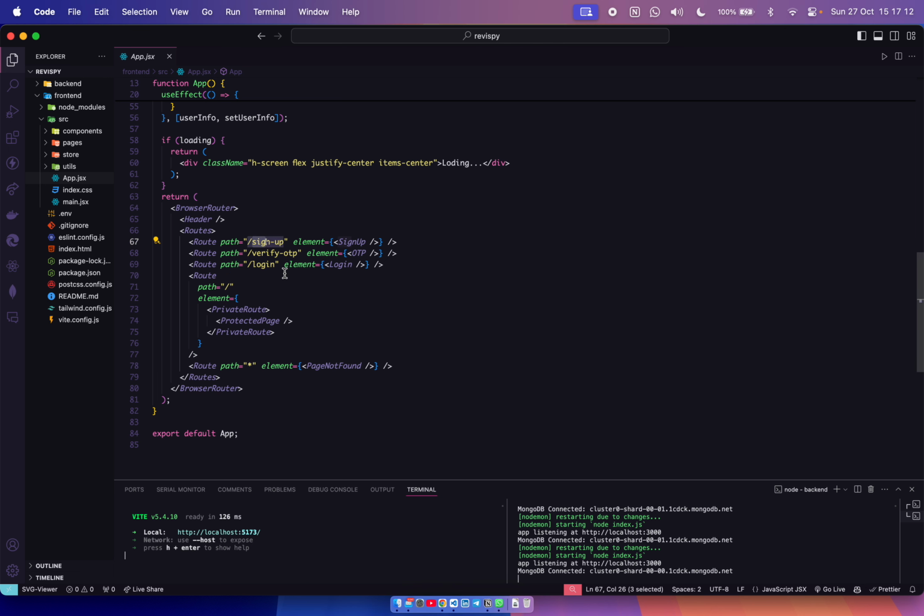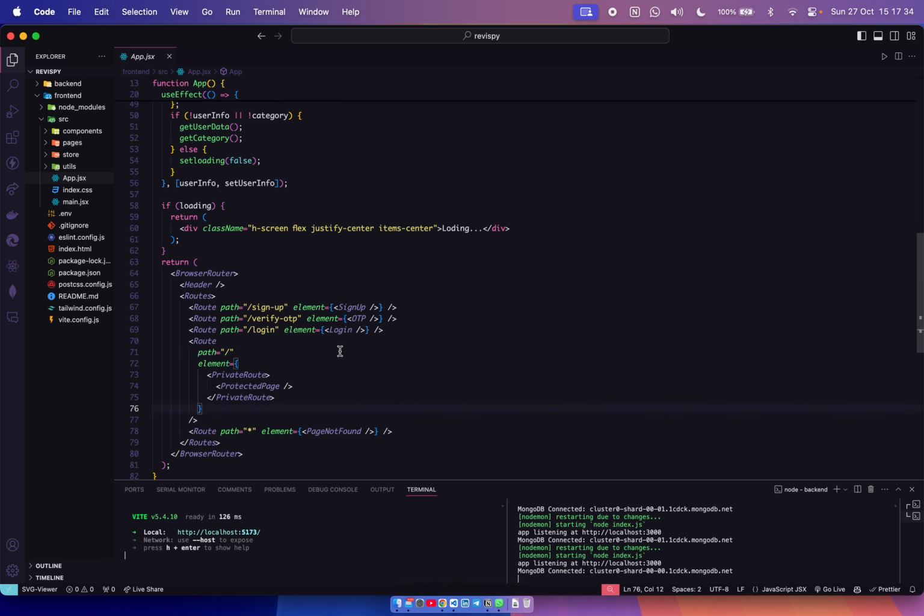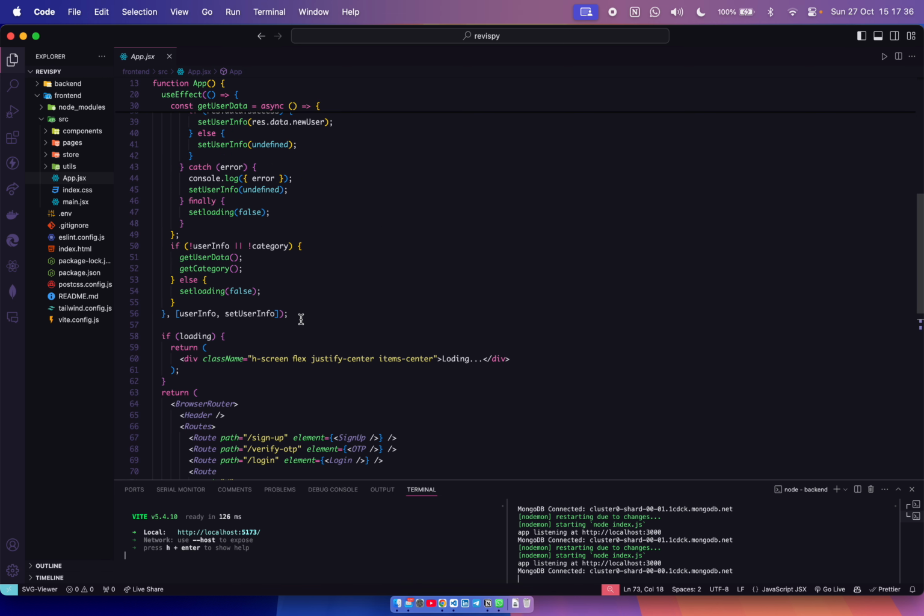Similarly for verify OTP and login. This is the private route, which will be displayed when the user is logged in. If we enter any route that does not match the above, then it will render the page not found. So let's see the private route first.